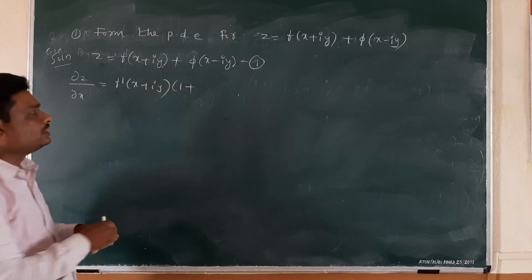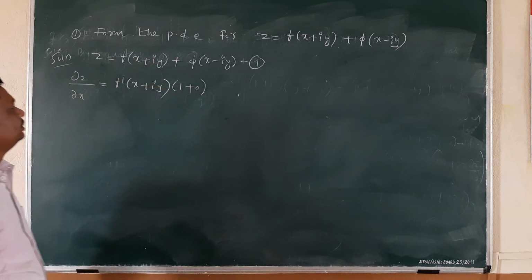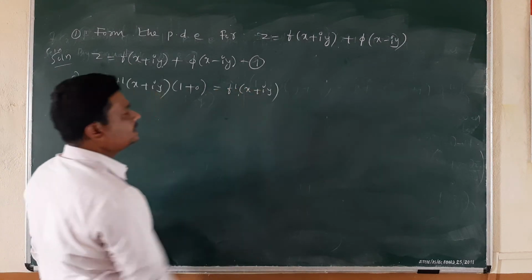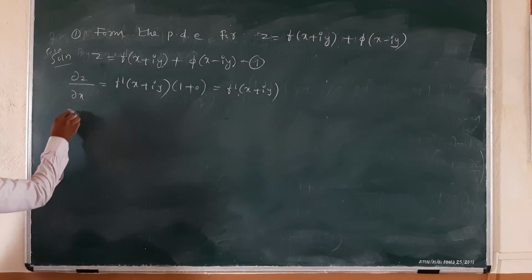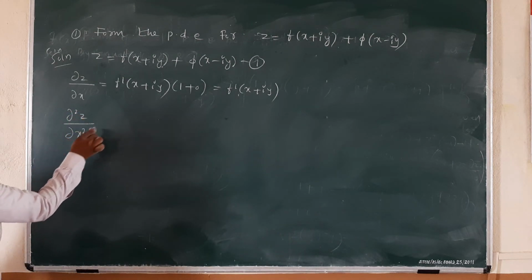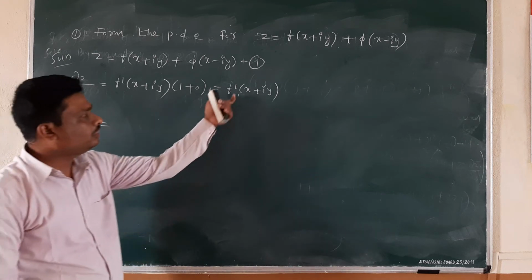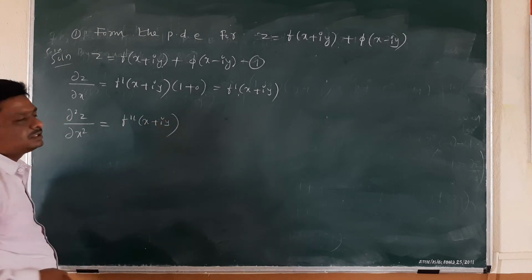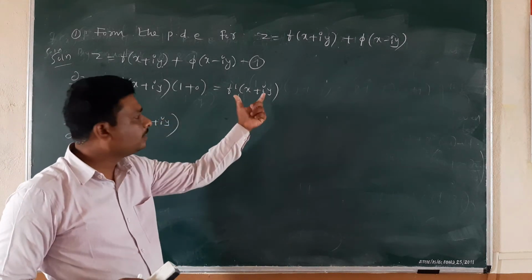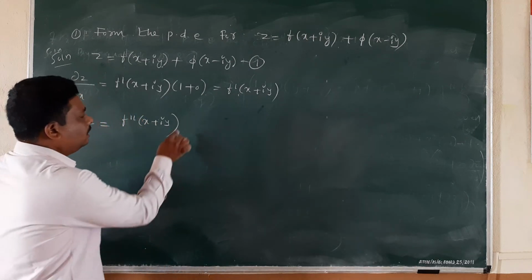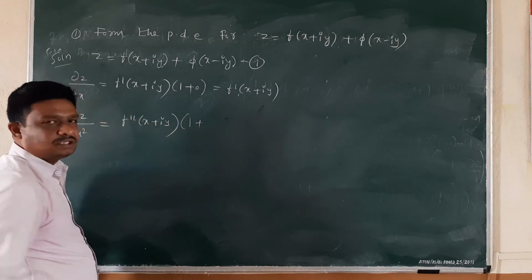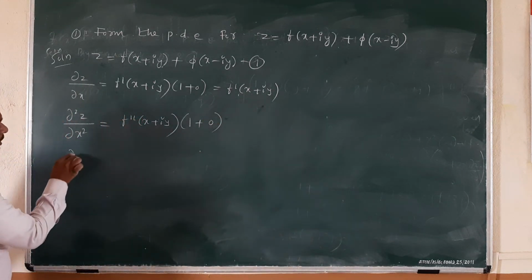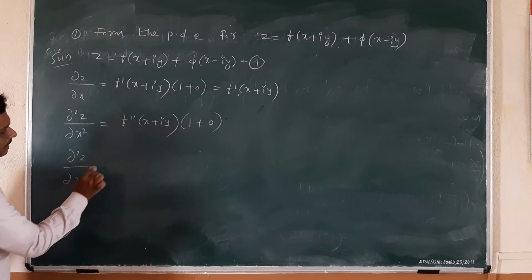I is constant, y is constant. Derivative of constant is 0. So this implies f dash of x plus iy. So I go for one more derivative, dou square z upon dou x square. Now derivative of f dash is again f double dash of x plus iy. So f dash is removed, remaining is x plus iy. Derivative of x is 1 plus derivative of this one is 0. So this implies dou square z upon dou x square is equal to